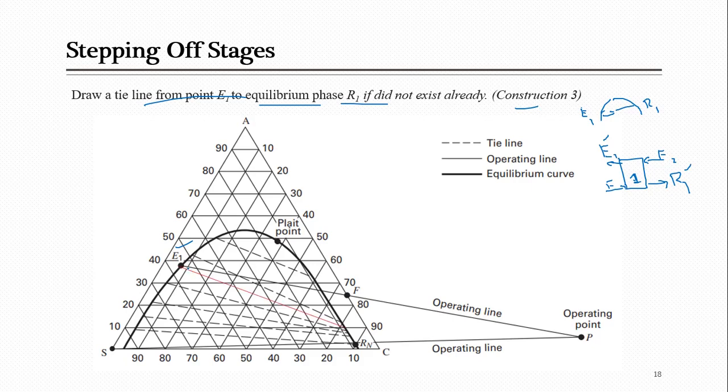So similarly you can see here E1 is located between two tie lines, but it is closer to the upper tie line. So we can draw a new tie line in between these two tie lines, which will follow more or less the trend of the upper tie line, and they are connected to the other end of the raffinate. If I draw this line starting from E1, in between two tie lines, it will finally cut the binodal curve on the raffinate side, and that point is called R1, because you know that E1 and R1 are in equilibrium to each other.